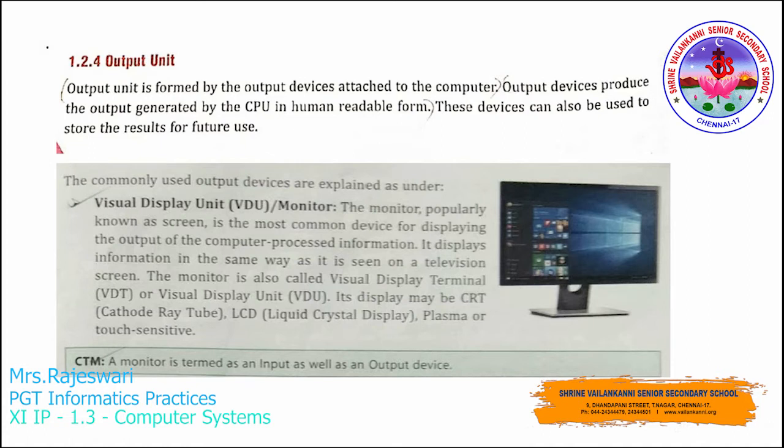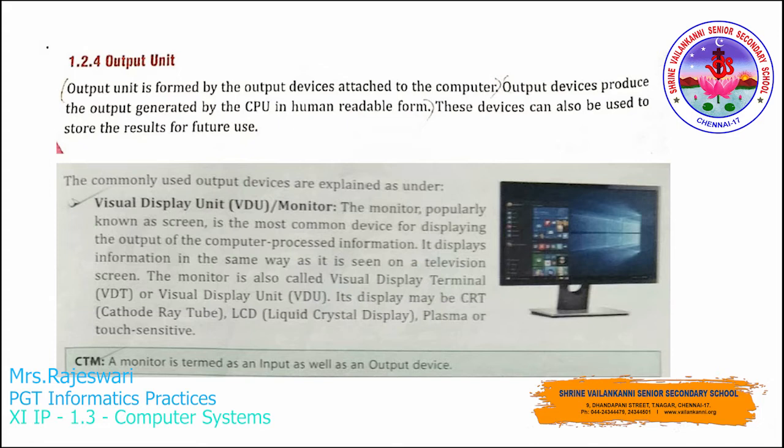So the output unit is usually formed by the output devices which you have attached to the computer. It is not only the monitor by which you can see all the results. Whatever results get displayed on the monitor, which is much similar to the television screen, you can even print all the documents or images on paper with the help of the printer. If it is going to be text and images, you will make use of a printer, and if the output is going to be produced as audio or video, you will make use of a speaker as the output device to listen to everything, right?